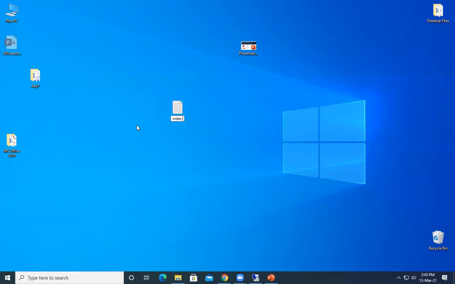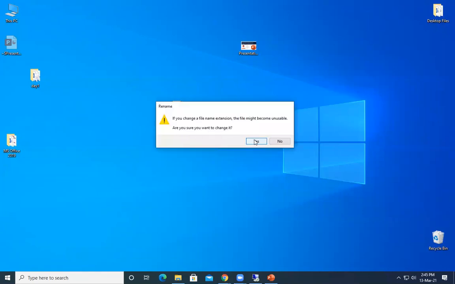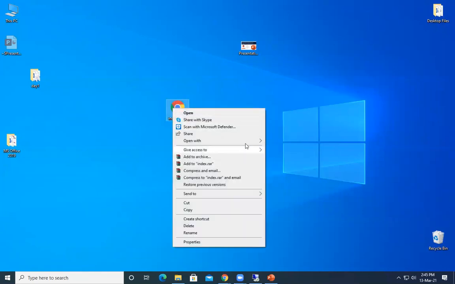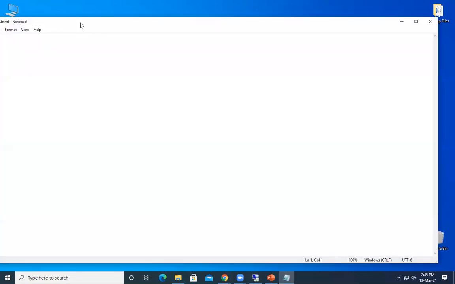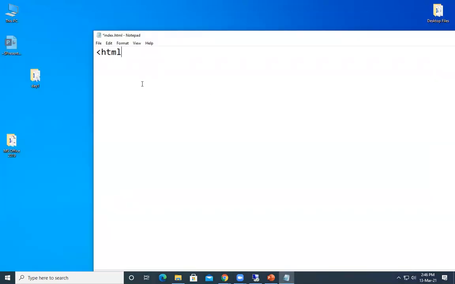Let's create index.html over here and put some simple content in it.